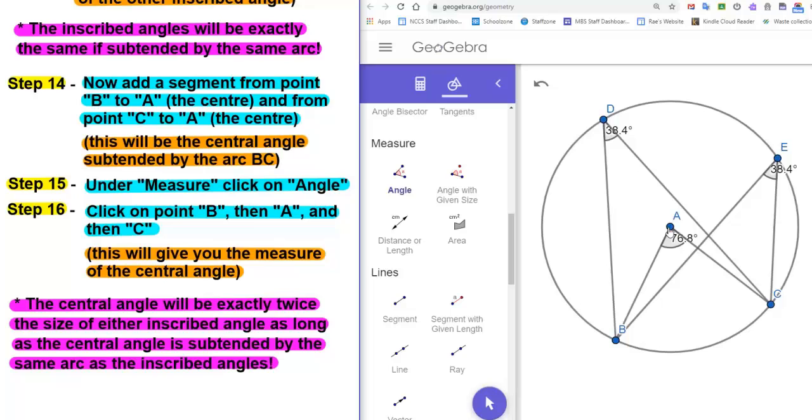The central angle will be exactly twice the size of either inscribed angle as long as the central angle is subtended by the same arc as the inscribed angles, which it is. So my inscribed